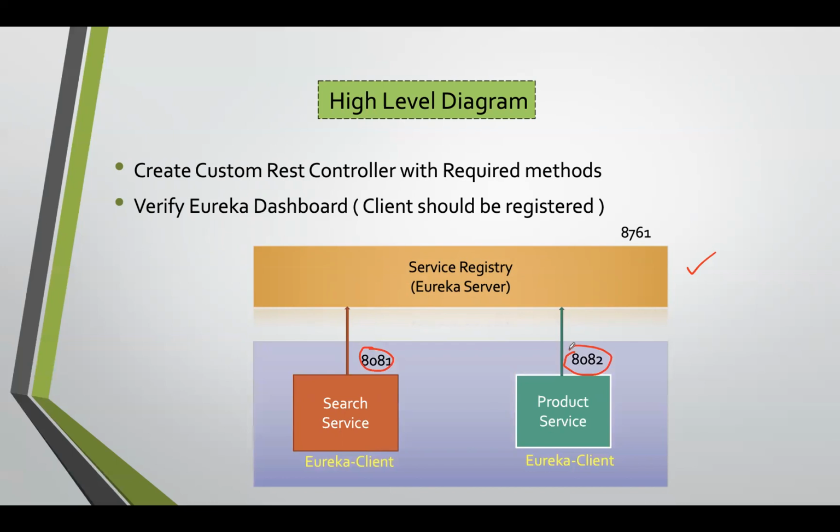Each service is a REST API, which is nothing but a Eureka client. This Eureka client needs to register with the Eureka server, and the product service also needs to register with the Eureka server. Once you create these two services, we'll create one custom REST controller with one GET mapping, and one method, and check whether it is working or not. We can prove that these are the Eureka clients and that they are registered in the server by verifying in the Eureka dashboard. This is the process of how we can develop your Eureka clients.